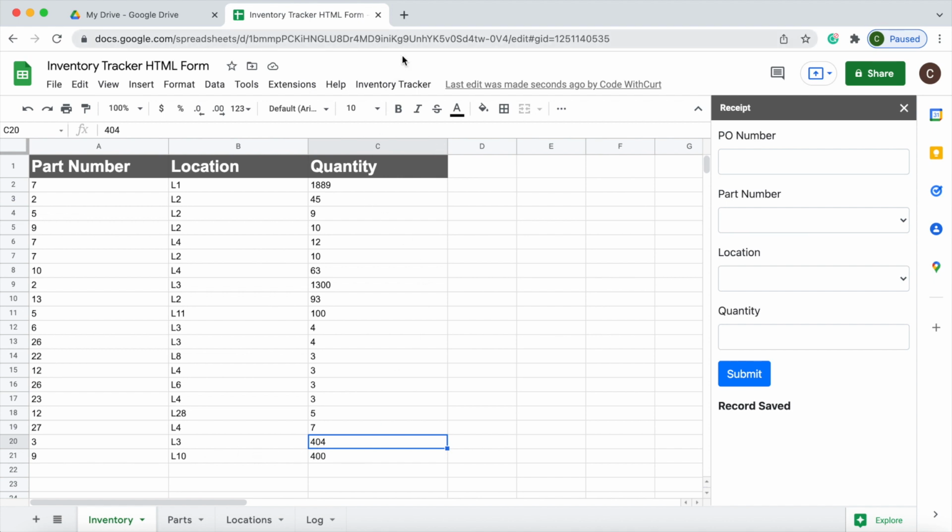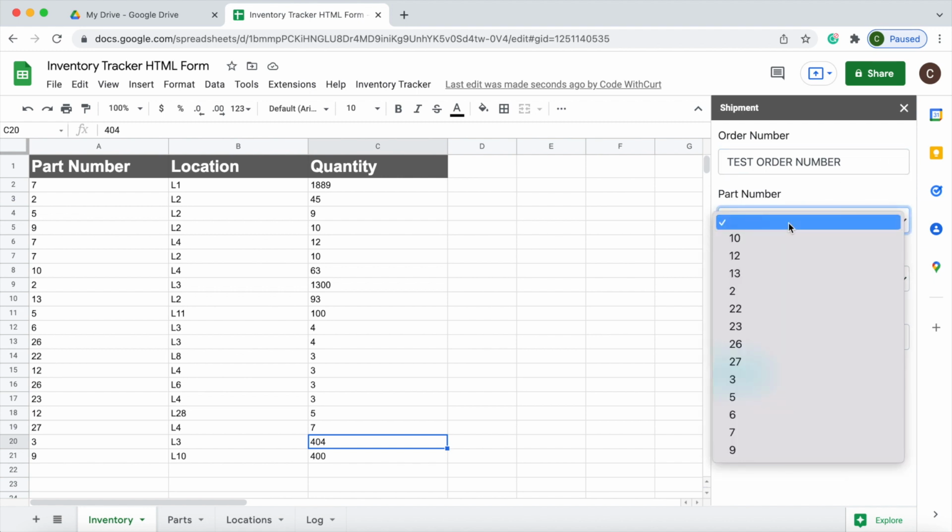So I'll do another transaction type of shipment. So shipment is an order number. So you have an order number that you're shipping against. I could put it in there. Test order number, part number. Here I have a condensed list of all the part numbers I have inventory on. So if I click 10,